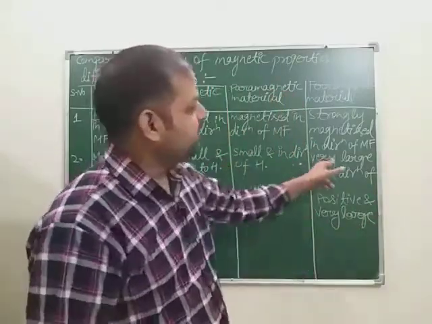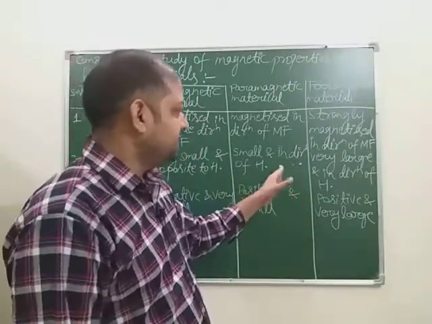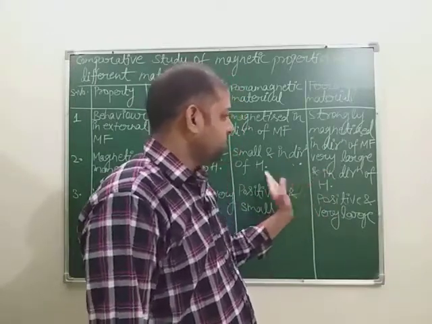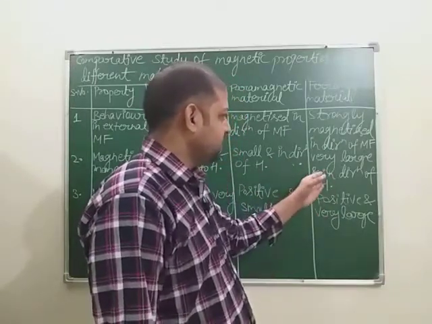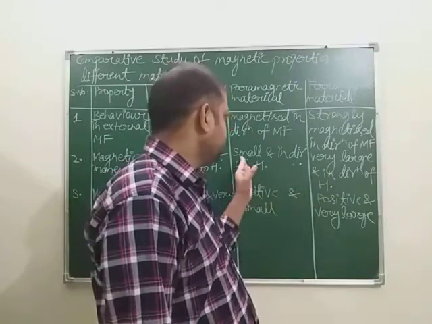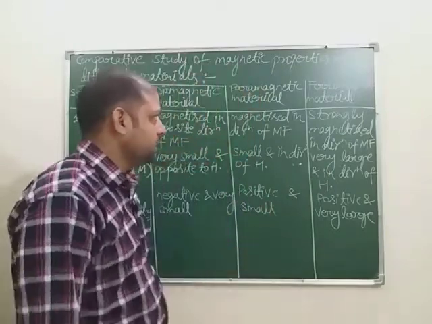So the only difference between these two quantities is the intensity. If its intensity is less, the other is stronger. Otherwise most of the properties are the same. It is attracted, then it is attracted. The magnetic moment here is in the direction, and here it is in the direction too, but here it is small and here we can see that it is large. The only difference is that.